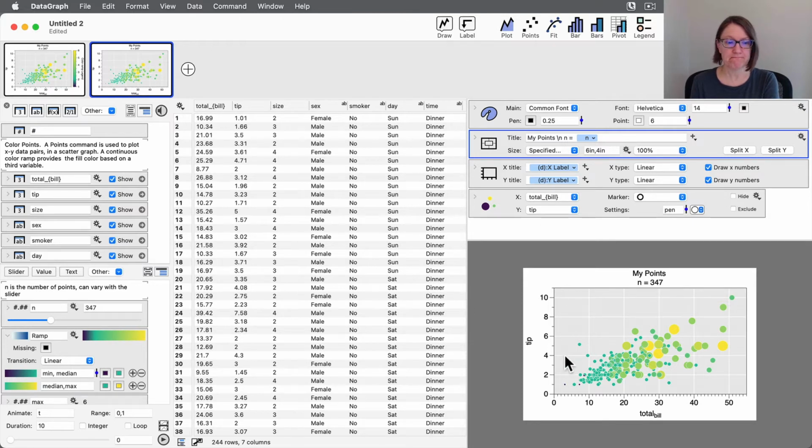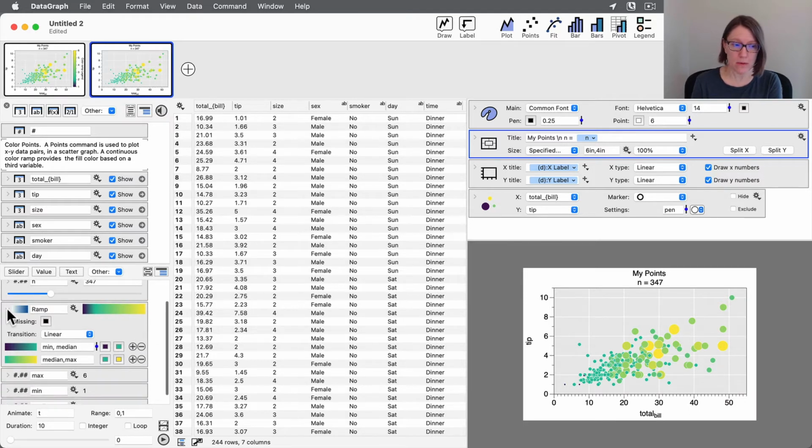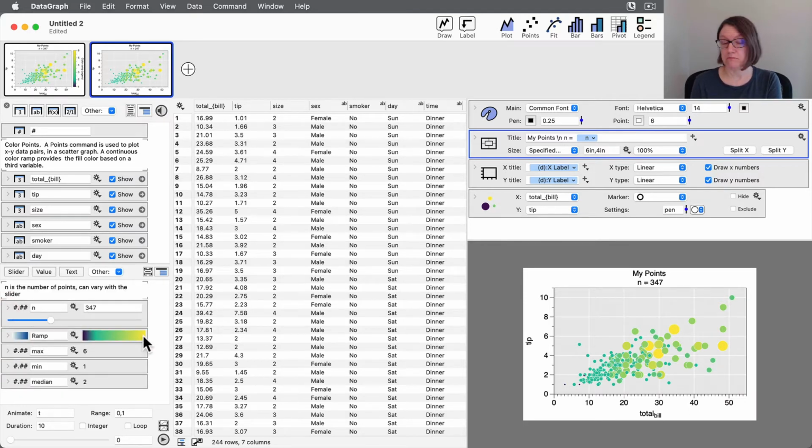let's go ahead now and work on creating this legend. But what I also want to do is I would like to have the colors in this one be discrete colors. Right now, what I'm using is a color ramp, which is